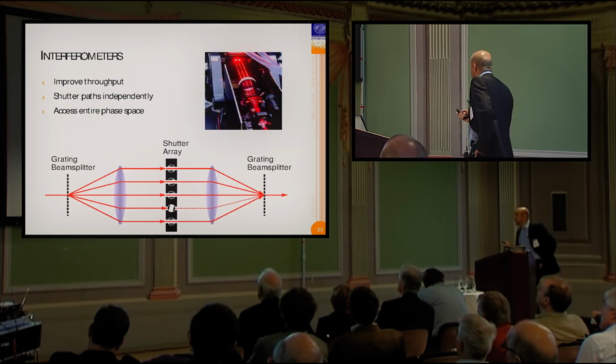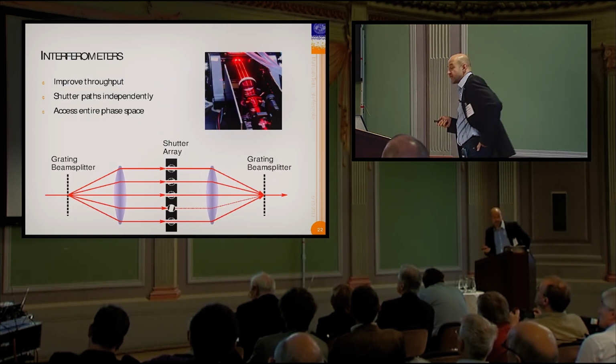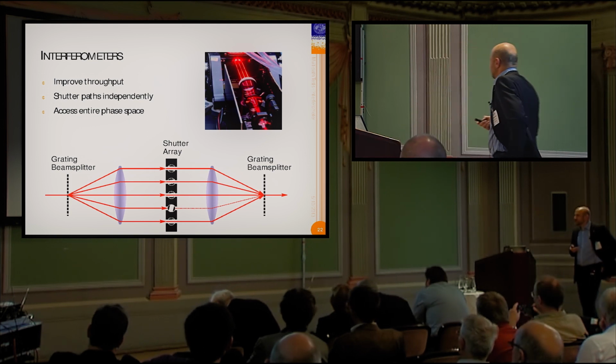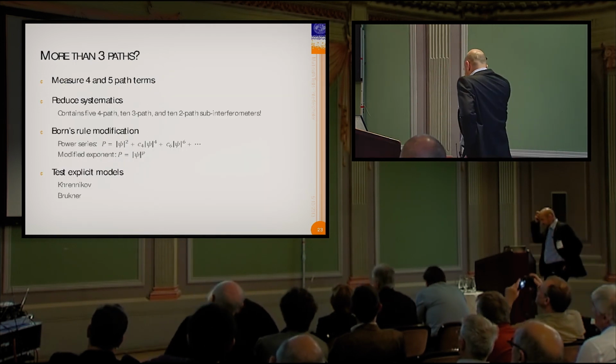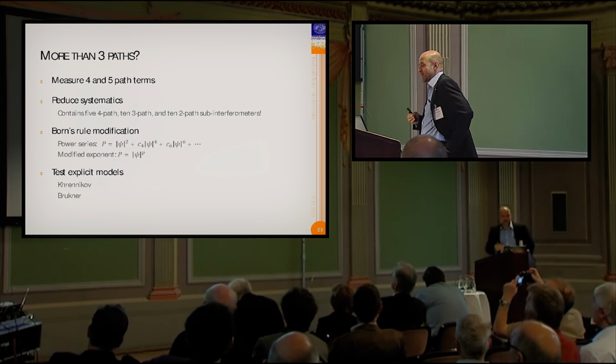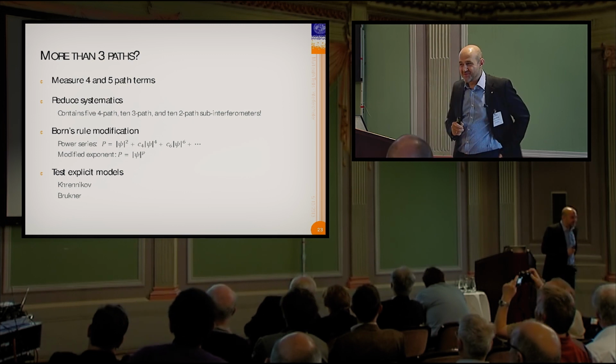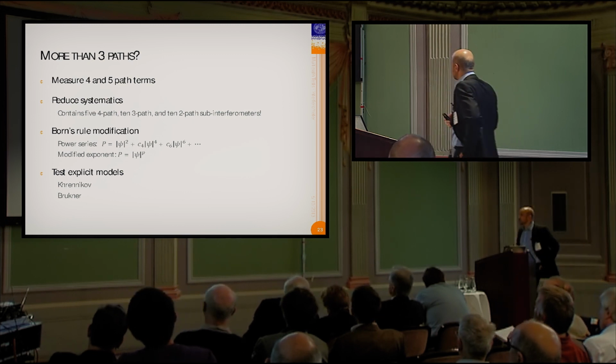So why 5? Well, it's very simple. We bought this element here, and it had 5 beams. Okay, so we only used 3 at first. But then my students said, why should we do 5? We have to measure 4 times as long if you want to measure all the combinations, because now there's 32 instead of 8.